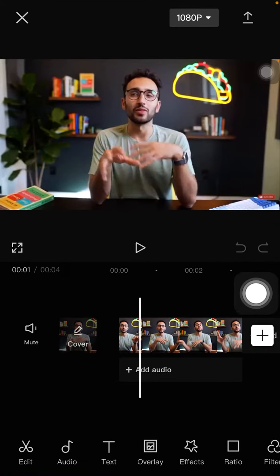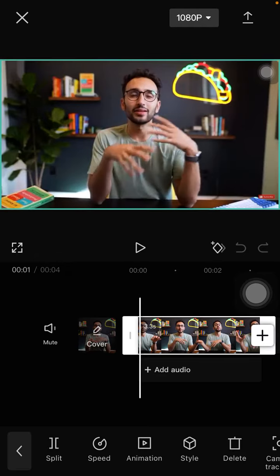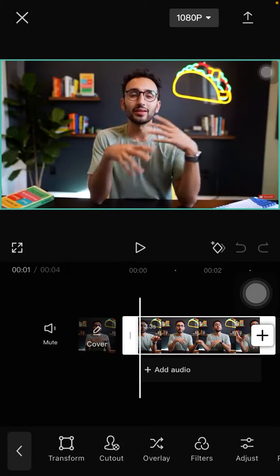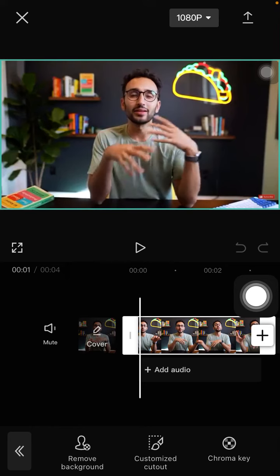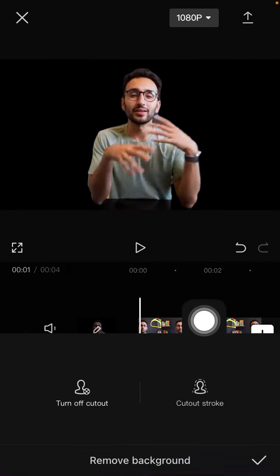For example, I already have one video here, and to create a cutout stroke, you can click on the clip and then you can click cutout and select remove background. So you can find the cutout stroke, just click on it